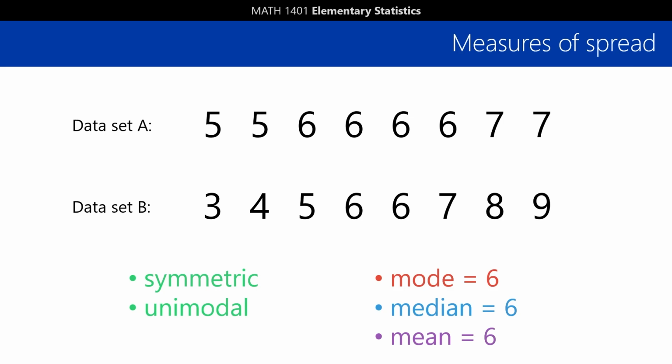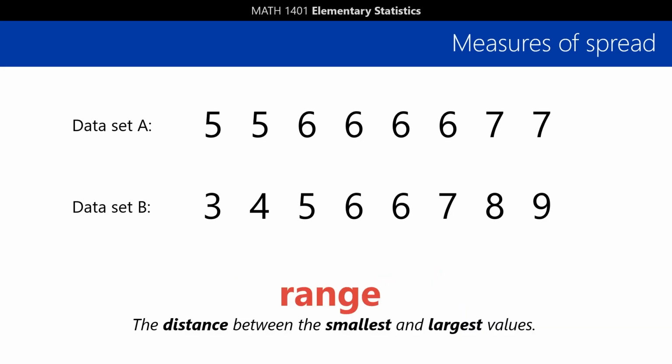But clearly the numbers in set B are more spread out than the ones in set A. That's where measures of spread come in handy. They give us a way to describe what we see numerically. The simplest measure of spread is the range, which is just the distance between the smallest and largest values of